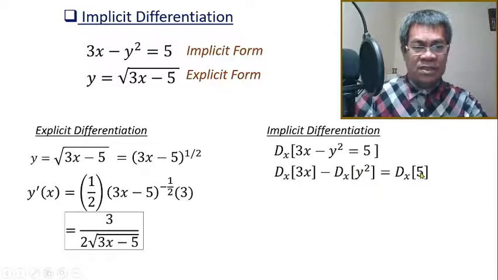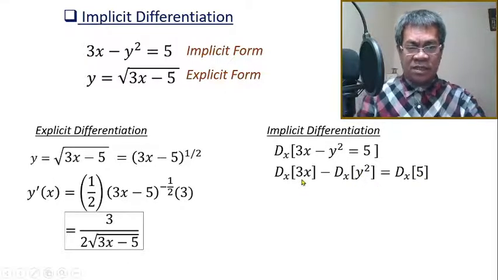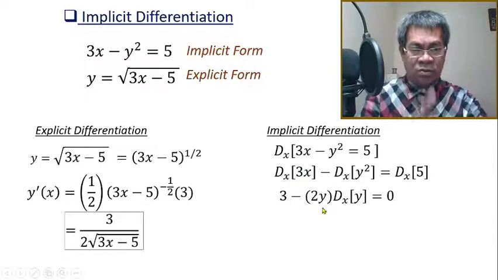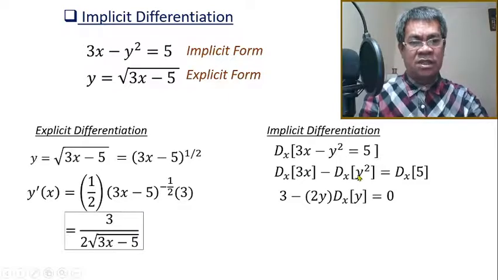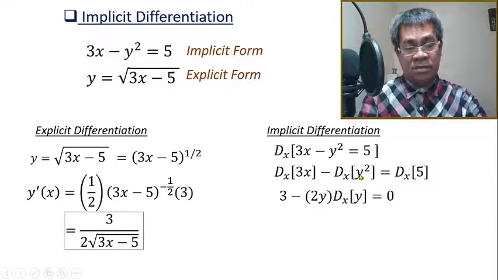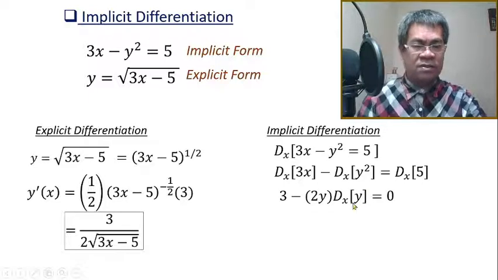While this one is 0. So again, this is 3, okay? And this is 2y, just like the power rule. Okay, this is the power rule, but again, this is not x. This is a function of x. So therefore, you have to take the derivative of y with respect to x. That's it. And this is 0. So therefore, this will become y prime. Okay? This will become y prime, or dy dx, and this is the requirement. Okay, this is the requirement. Therefore, with that, we have the y prime. So solve for the y prime.